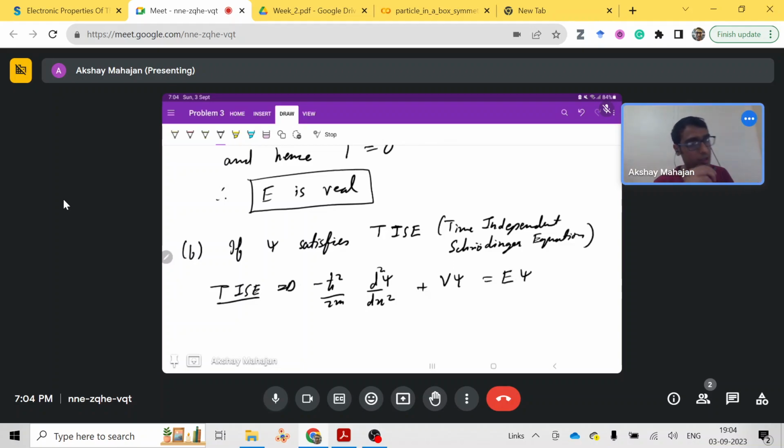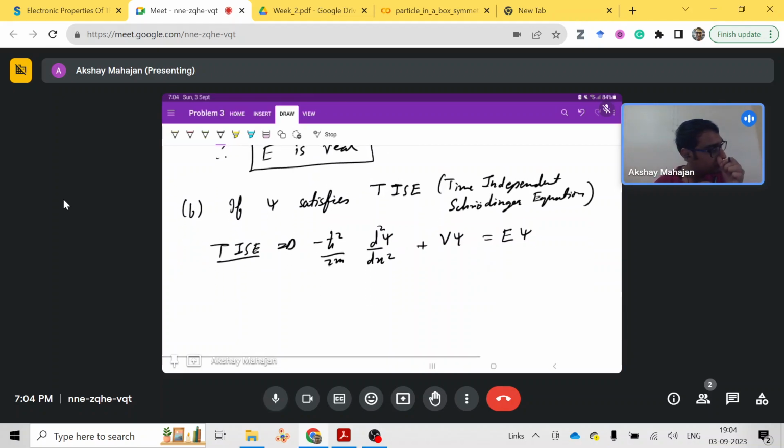So if our wave function psi satisfies this TISE,